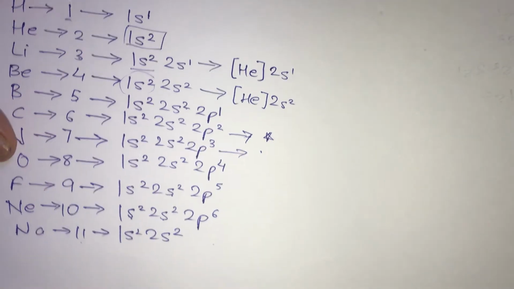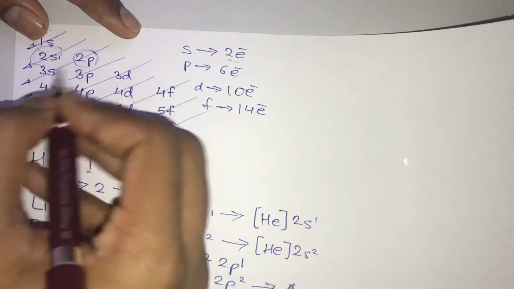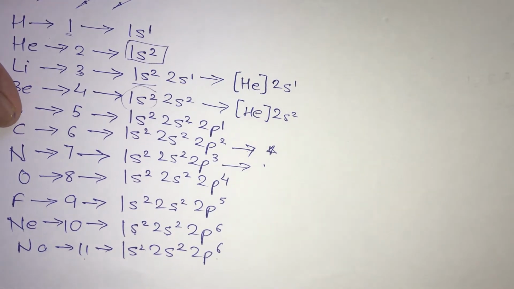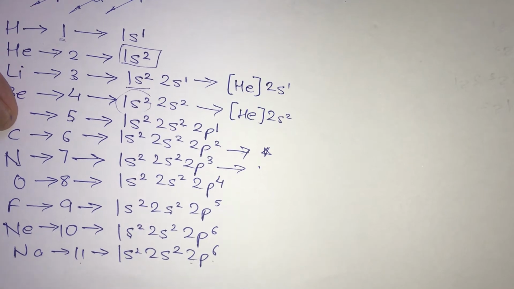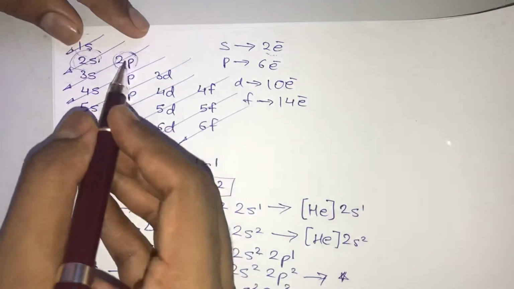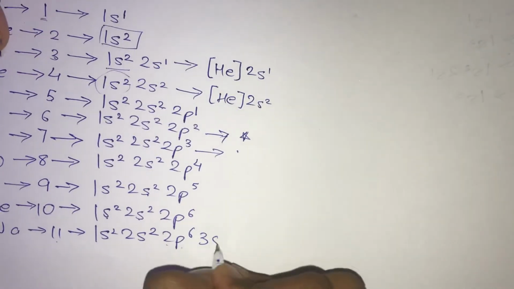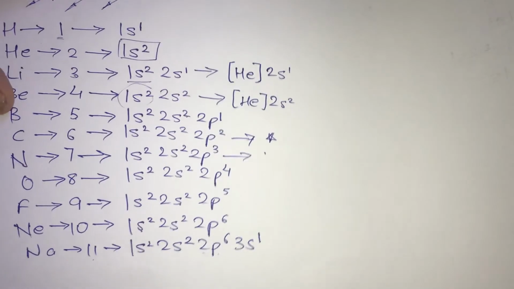Since 7 are remaining, you are going to go after 2s to the 2p, which is present in the third diagonal. Now 2p can take a maximum of 6 electrons, and we still have 7 electrons left with us. So out of 7 electrons, 6 are taken by 2p, and we still have one more electron to go. So where is this electron going to go now? After 2p comes the 3s. 3s can take a maximum of 2 electrons, but we have only 1 electron left with us, so you are going to write it as 3s1.